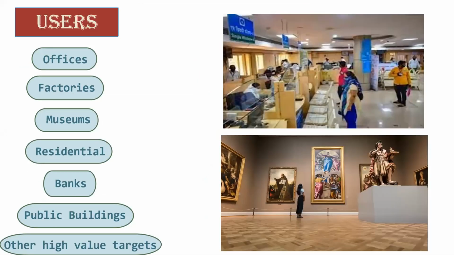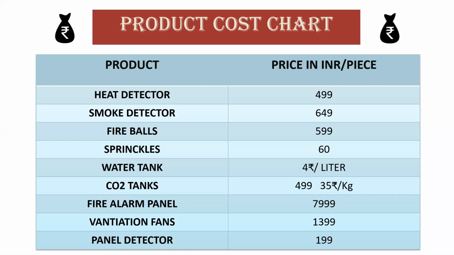This system is used in various places like offices, factories, museums, residential buildings, banks, public buildings, and other high value targets. This is the most usable part of this project. And this is our product cost chart, and it is 499, stacking 599, sprinklers 16 rupees,